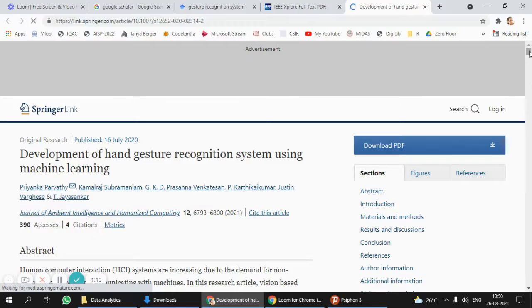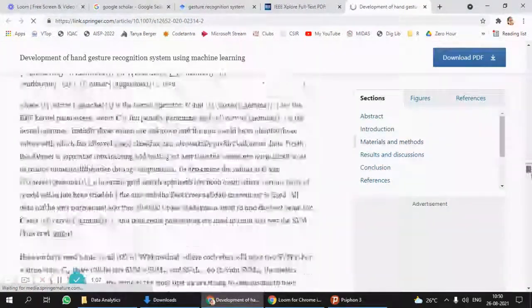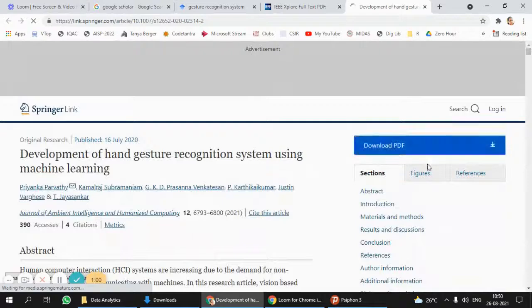Okay, you see this particular paper, the complete paper along with the figures, tables, charts, everything including the references is available for you. Okay, so here it is also available as a PDF file. For certain things, the PDF file might not be there. In such cases, you just save this as a PDF, like give it as Control P, and you could save it as a PDF file. If not, if this option is available, download PDF, you could just click on that, and again you'll be redirected to a PDF file.